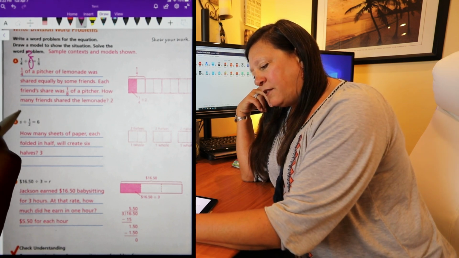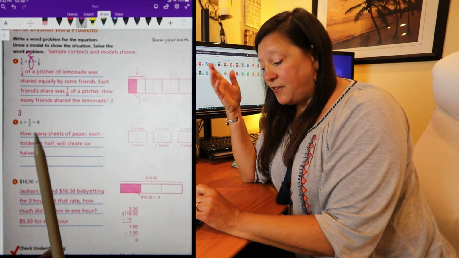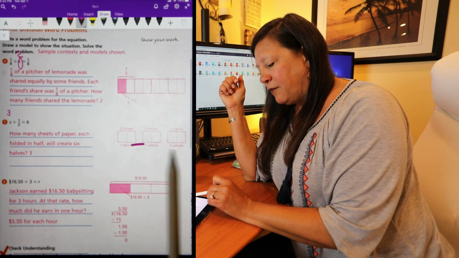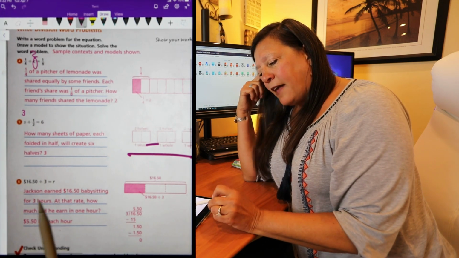Okay, so this answer here would be 3. So 3 divided in half would give you 6 pieces, and that kind of shows you what that looks like right here. There's 6 equal pieces. And the last one, number 6,